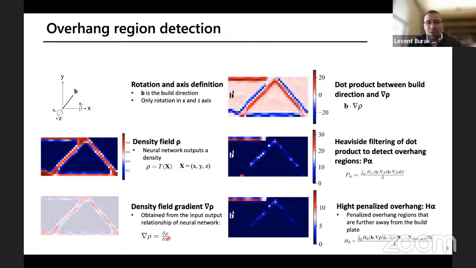Now, with this information, what we can do is impose known constraints and opportunities in additive manufacturing. For instance, we use Heaviside filtering, similar to how other colleagues have done in the past, in order to impose build angles.